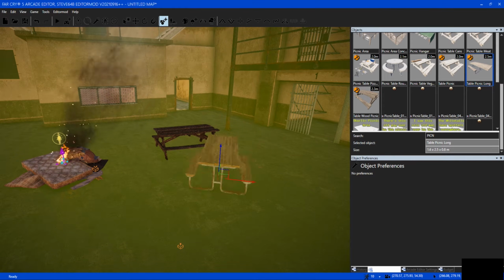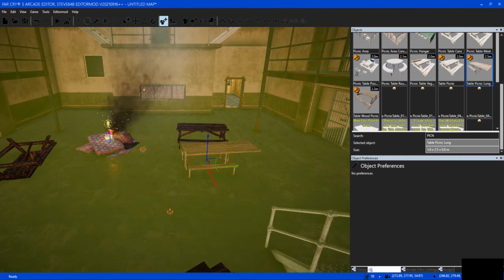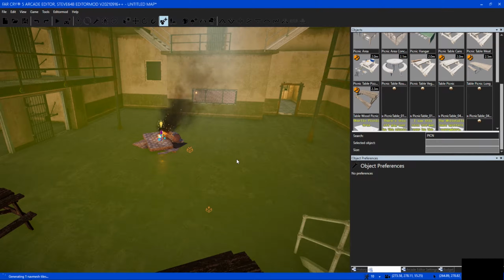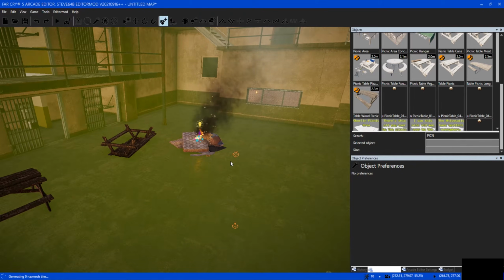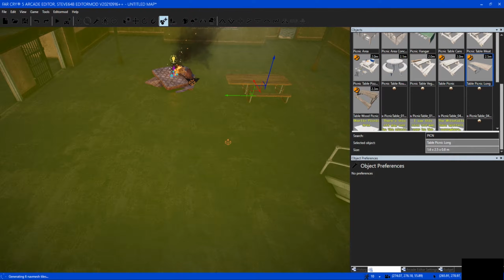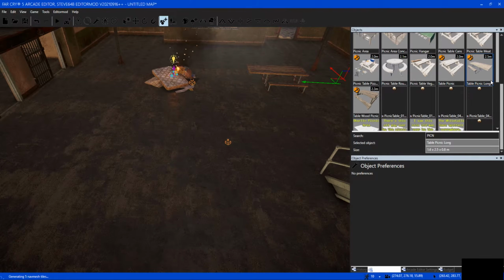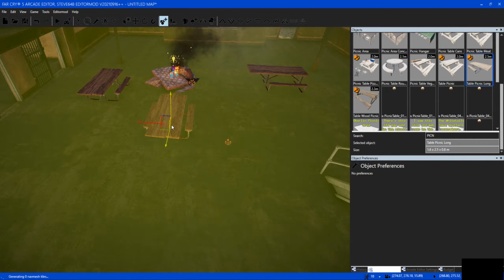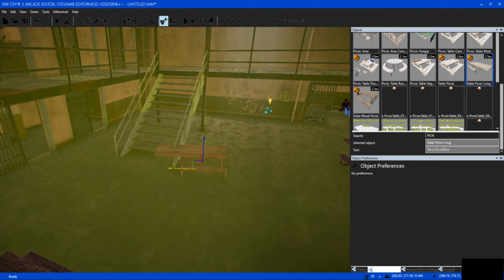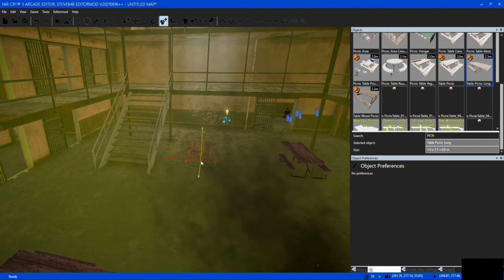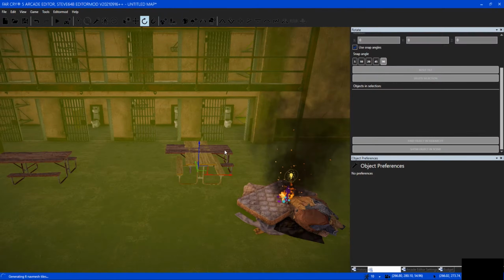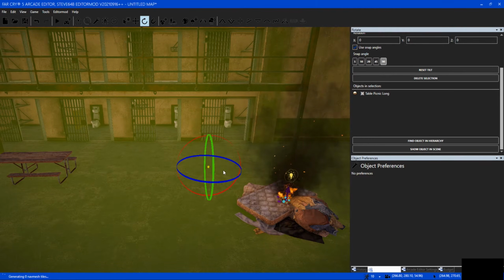I feel like I should have chose this one. No, I got rid of the... whatever. I don't want that many tables in here, because